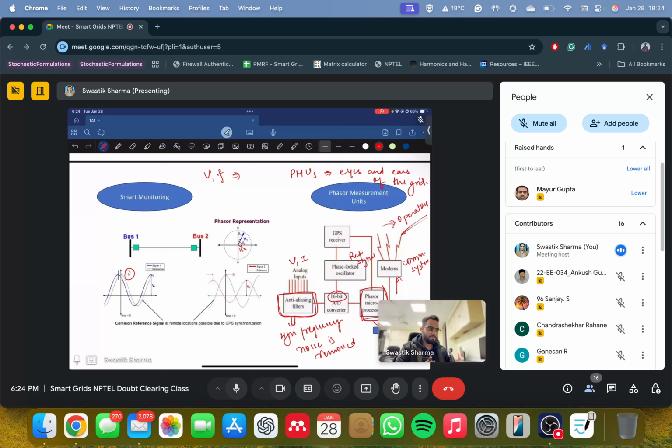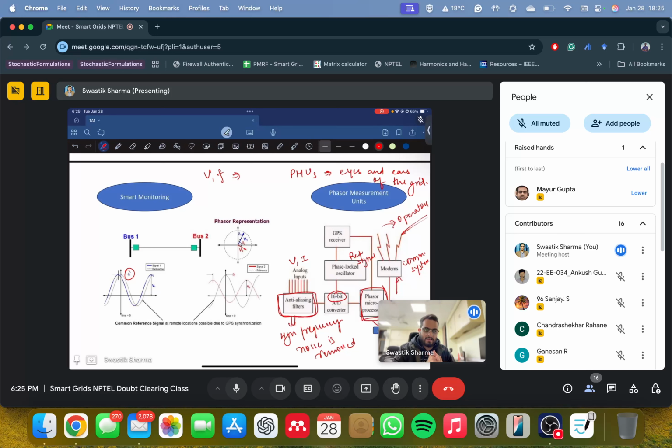For example, in our distribution system in Reliance, we have PMUs installed everywhere. It's a very big distribution system, 1.3 to 1.5 gigawatt. We are talking about the biggest refinery in the world, so it's a very huge system. But we have PMUs installed, even though we haven't practically used them, to be frank. Okay, let me tell you.